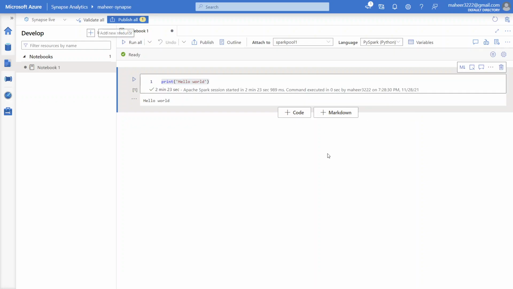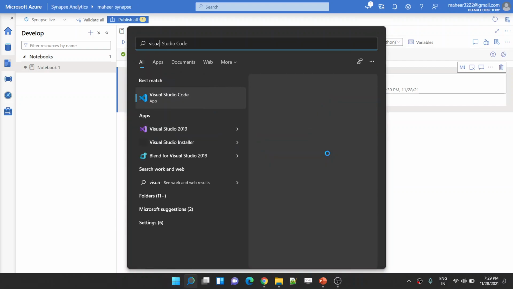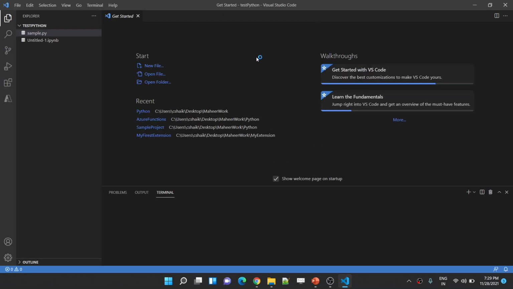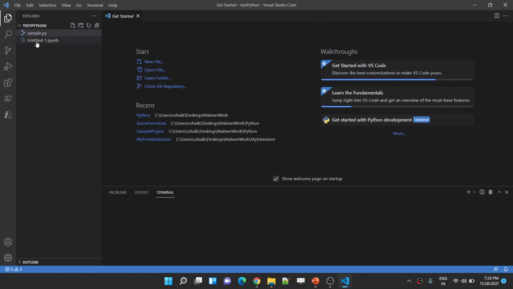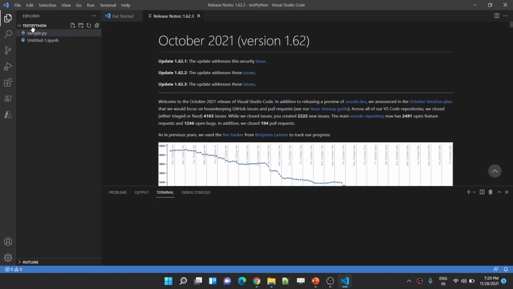To explain that, let me open Visual Studio Code on my system, because I want to create an IPYNB file first, execute it and show you, and then import that file into my Synapse Workspace. I opened Visual Studio Code here. There is already a folder connected called test python on my desktop.